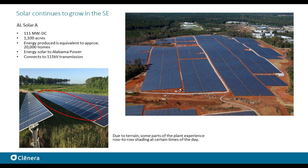So throughout this site, we have some undulating terrain, some east-west slopes that, as Dan and Venkata pointed out, at certain times of the day with a traditional backtracking scheme have shading on one row of panels from its neighbor, which you can see in the figure in the bottom left. With traditional backtracking, we're not able to adjust each row's angle of rotation independently. So in those situations, not only do you not know about the height difference to adjust what the backtracking might be for that entire block,